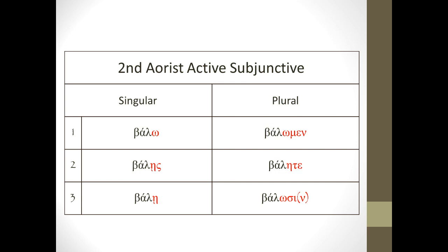But something else you should also notice is that the second aorist subjunctive also takes only the second aorist verbs that you've learned in your aorist chapter. Those 13 second aorist verbs that I taught you and I asked you to memorize as unique to the second aorist tense are the only verbs that can take second aorist subjunctive endings.